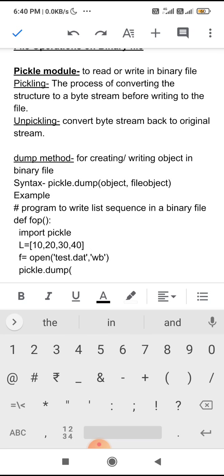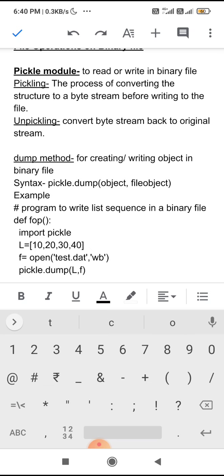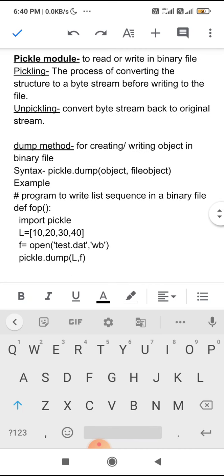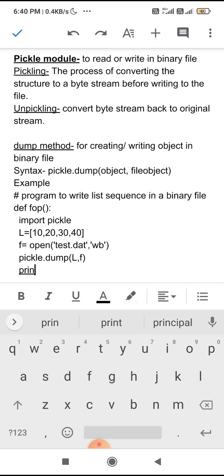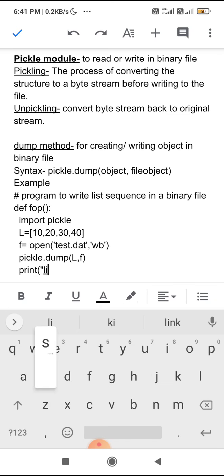Now the object name is L, and the file handler name is f. So this way we can write data into the file. Then print "list is added into the file".